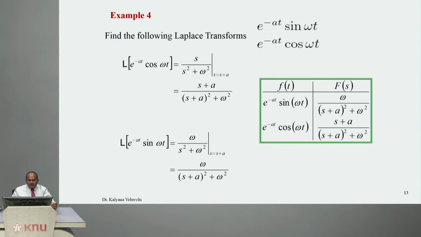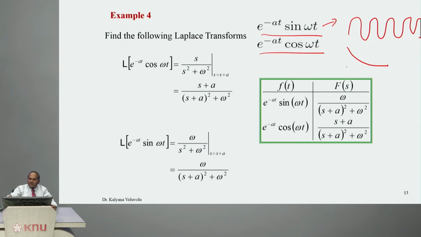Now let us look at these two signals, e power minus alpha t, and e power minus a t cos omega t. So what is a sine signal? Let's look at this one. Sine signal, sine 0. So I get a nice waveform. And what is exponential e power minus t? Exponential is a decreasing waveform. And then when you multiply together, what happens? When you multiply a sinusoidal with an exponential function,